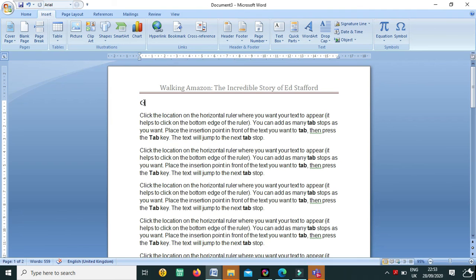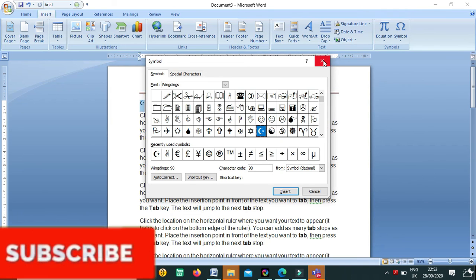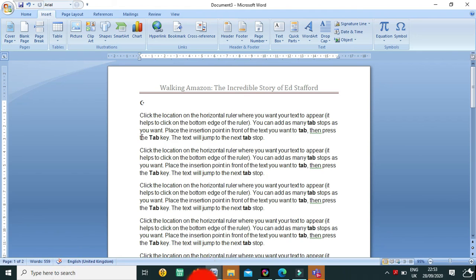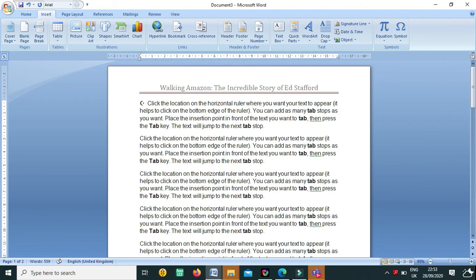So now I selected the symbol, but these symbols you can use in different places, like copyright. If you use this copyright symbol, you can use